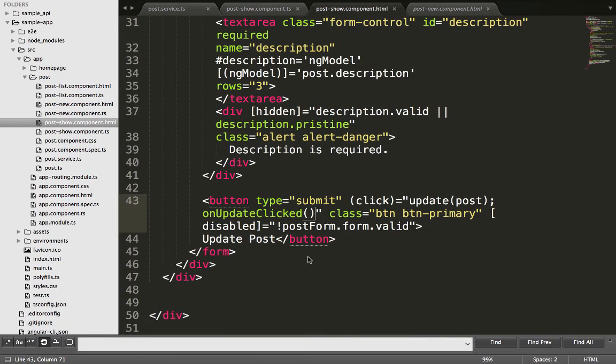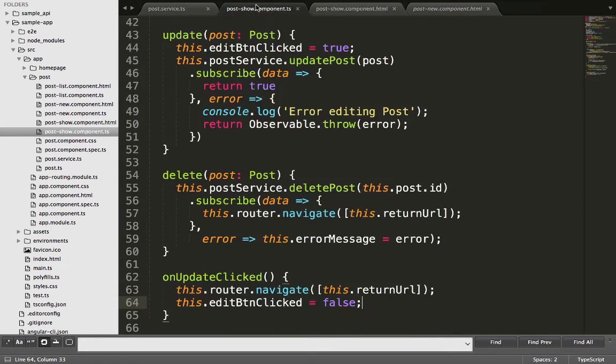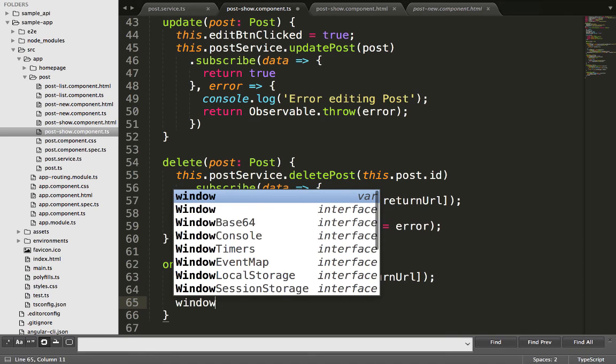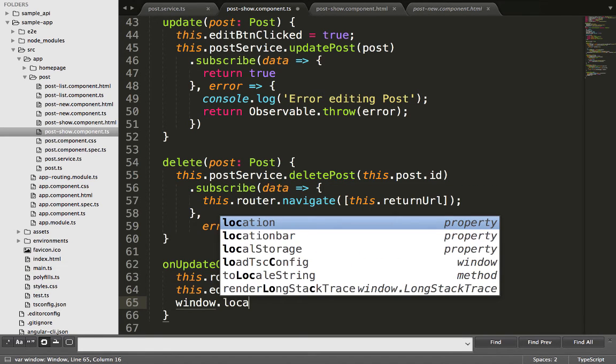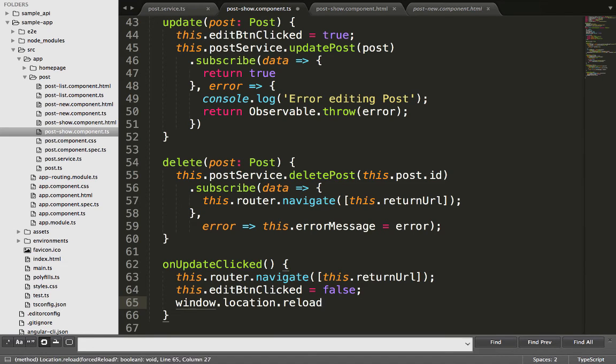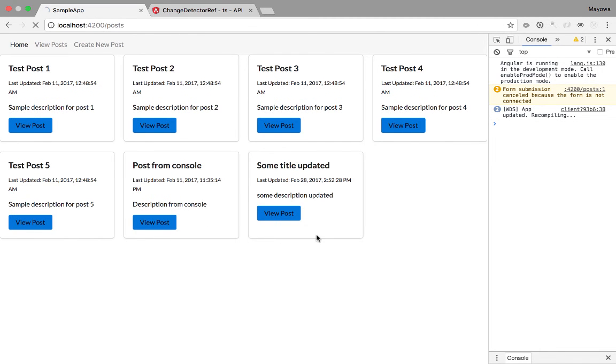I don't know why you would want to use this in a single page application, but if there would ever be a need for you to reload your page, you can use the window.location.reload function, which is, I think, from Angular. This one is not from Angular, I think it's from JavaScript. So if we try to